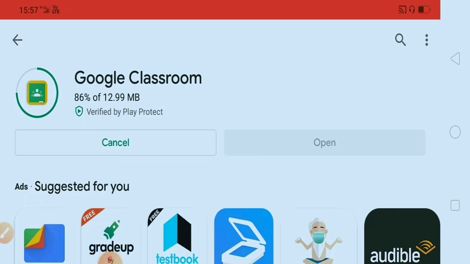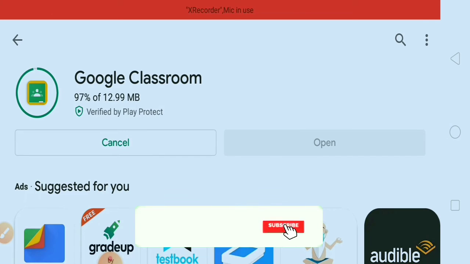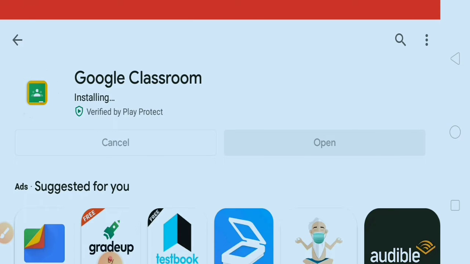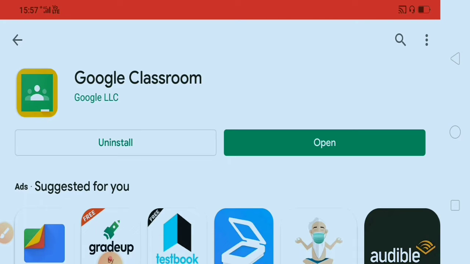You need another app to scan the image. After getting the question paper, you have to write the answers on the blank pages. Then you have to click the picture of those pages where you have written the answers with the help of the back camera of your smartphone. Then you have to scan the pages and convert it to PDF.